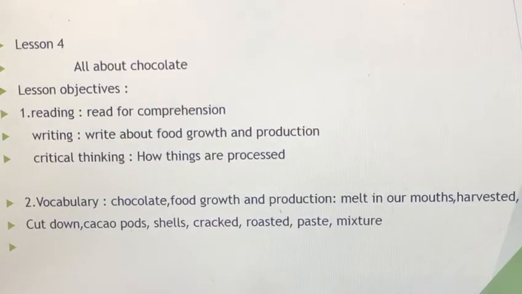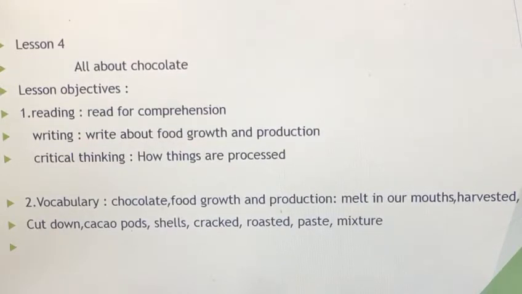My dear students, after we watched that song, let's know now what are the aims for our lesson. Of course, we are in Unit 6, Lesson 4, all about chocolate. Lesson objectives. Number 1, reading: read for comprehension. Number 2, writing: write about food growth and production. Number 3, we will have critical thinking: